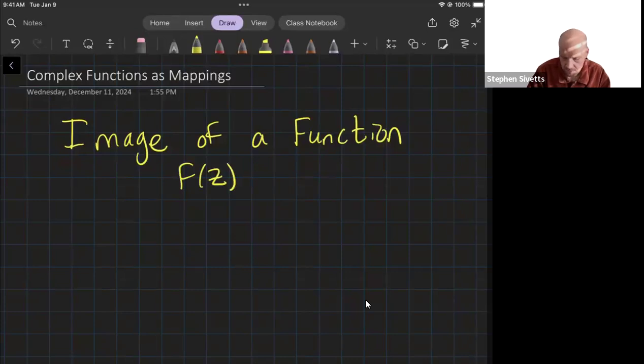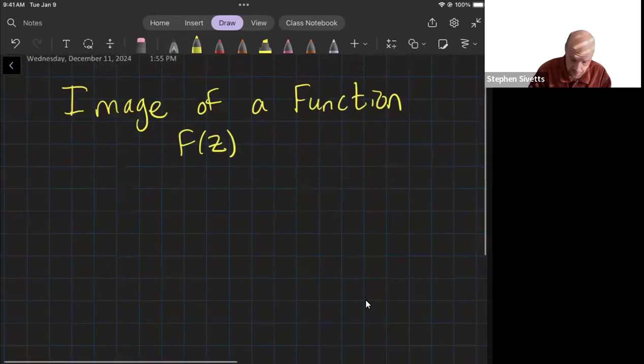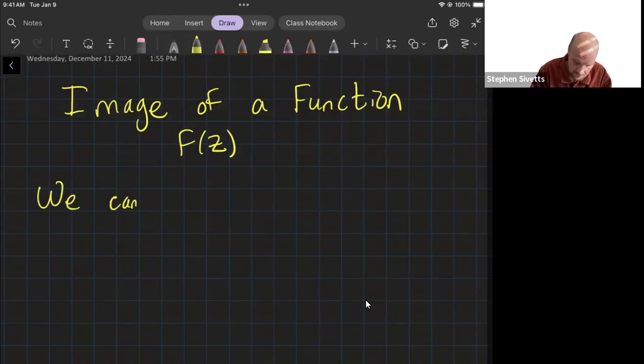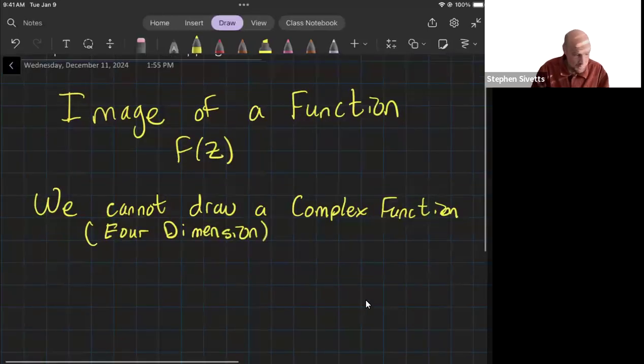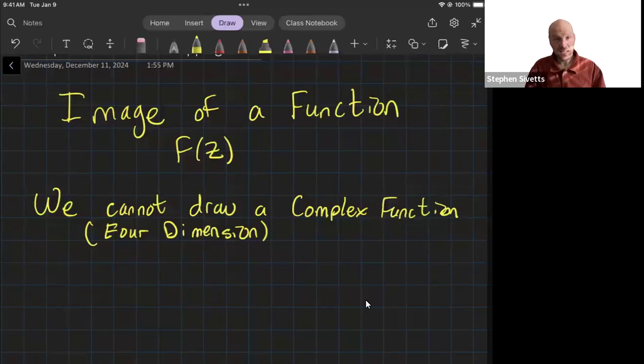The downside for complex functions is that we can't draw a complex function entirely. We would need 4 dimensions to do this. Unfortunately, we live in a 3-dimensional setting, so bummer. However, the next best thing is to look at images of one subset in the complex plane into another subset